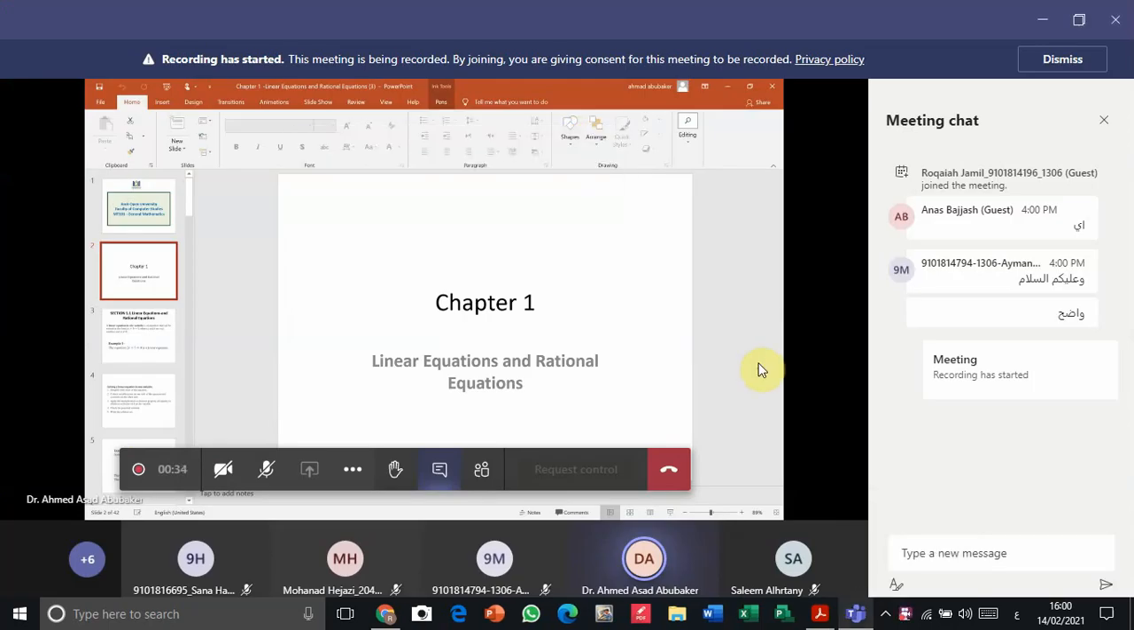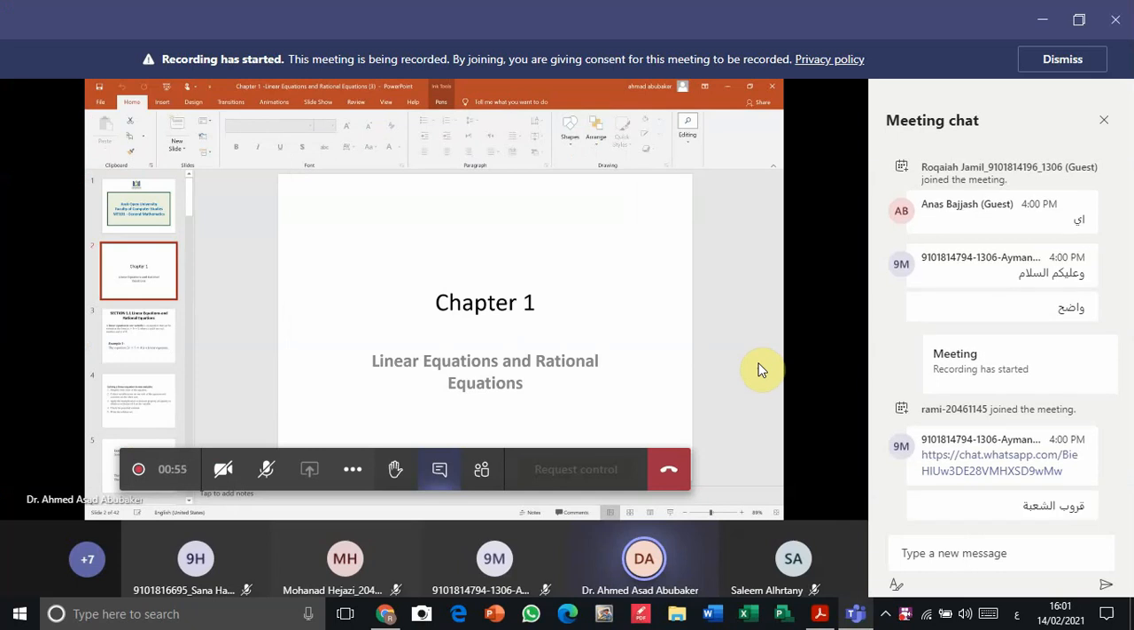In the previous lecture we already finished the chapter review. In this chapter we have equations and inequalities. We need to solve equations: linear equations, quadratic equations, and equations with powers, for example radical and fraction equations. Also we need to solve inequalities and absolute value equations. Okay,